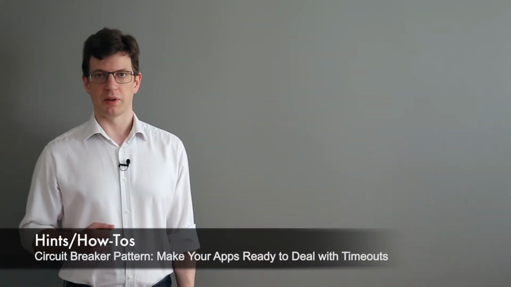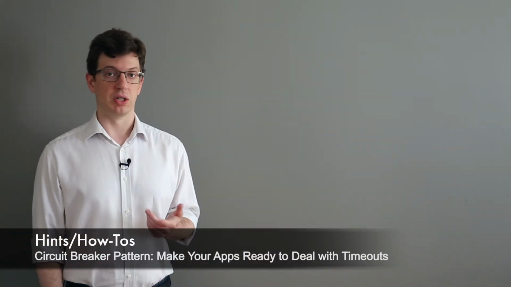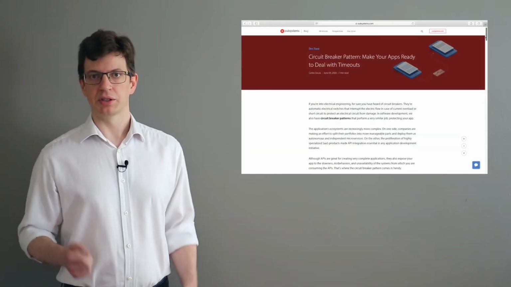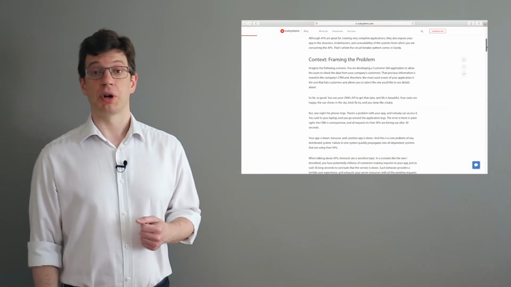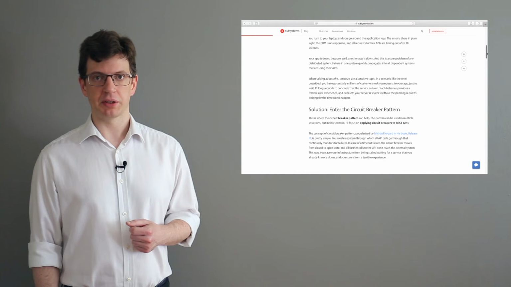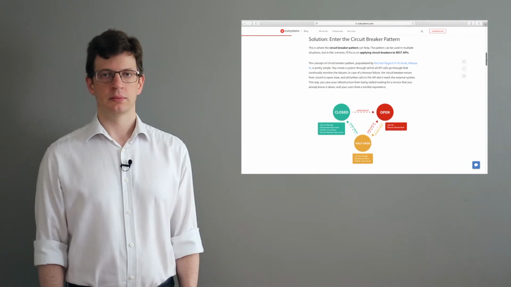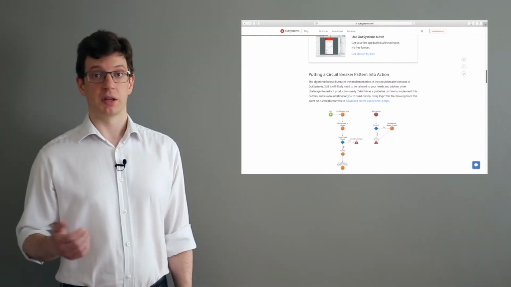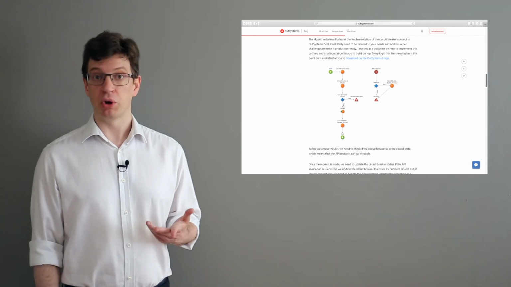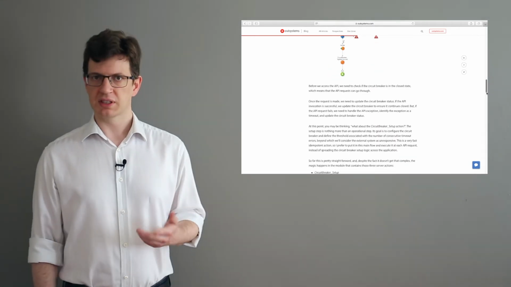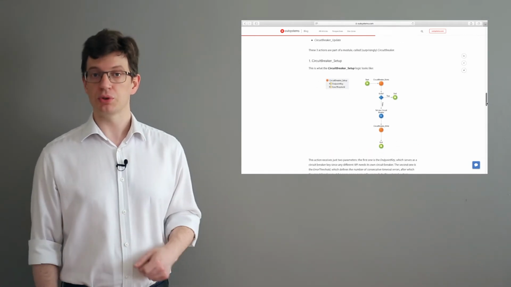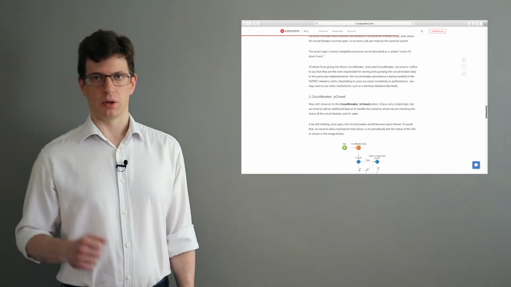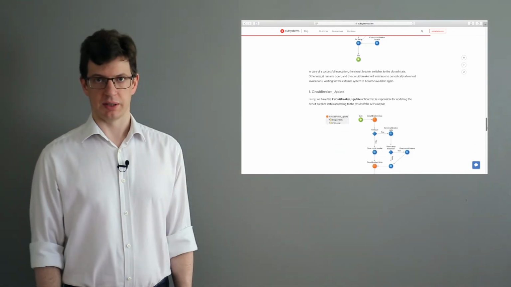Next, we're going to talk about the development pattern that helps our application deal with timeouts when dependent on another system. The design pattern is called Circuit Breaker, and OutSystems put out an article that explains how to apply this pattern to REST APIs. The concept of the Circuit Breaker pattern for our case is that we create a system where all API calls are monitored for failure. If there is a timeout failure, the circuit moves from closed to open state, and all further calls to the API don't reach the external system.